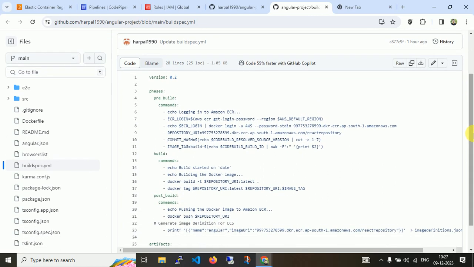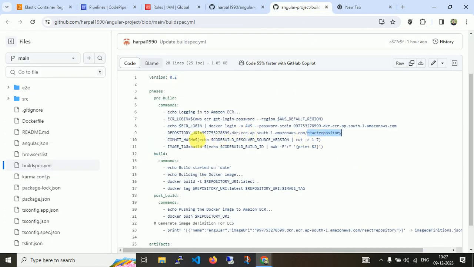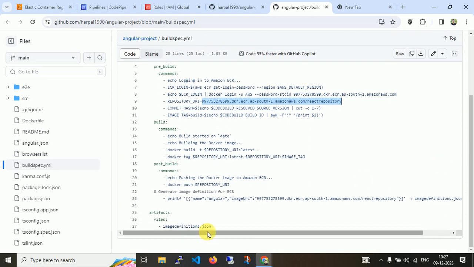scenario. First, I validate my account ID, and this is my repo URL ID. So this is my repo URL. I'm using the React repository as I mentioned earlier in the prior video, just validating this thing. Also, once updated, I'm using Angular as the container name on the ECS. So just revalidate those things